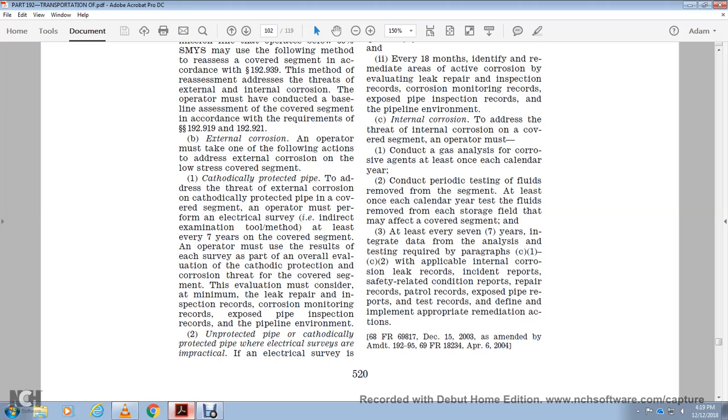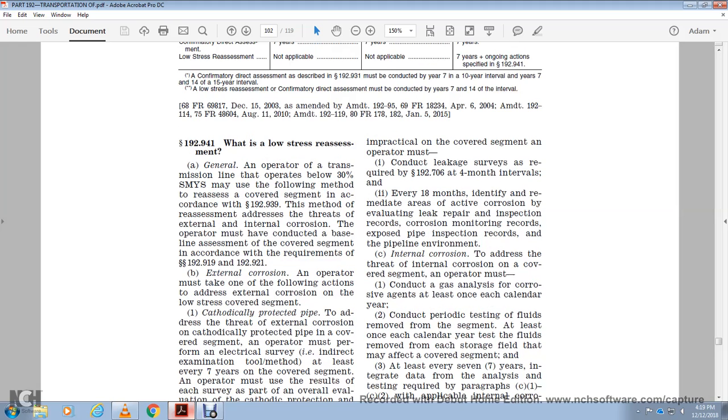Cathodic protection corrosion threat of the covered segment of the evaluation must consider a minimum leak repair when the inspection records of corrosion monitoring records, exposed piping inspection records, pipeline environment. Unprotected pipe or the cathodically protected pipe of the electrical survey. In practice with the covered segment, the operator must conduct a leakage survey as required by 192.706 with the monthly interval, with every 18th of the month, to identify the remediated access. Area with active corrosion, evaluated leaking, repair, inspection, repair, corrosion monitoring records, exposed piping, inspection record for the piping, environmental,